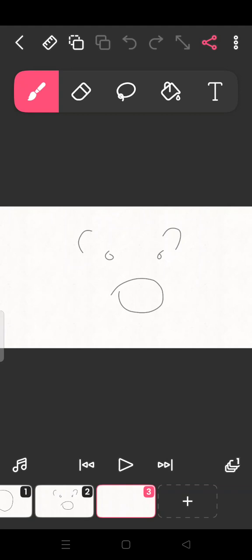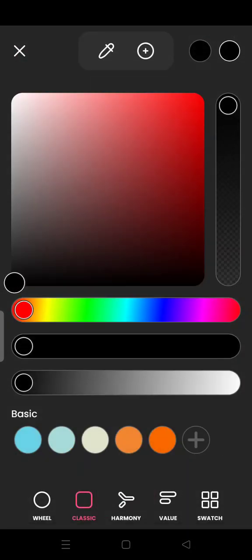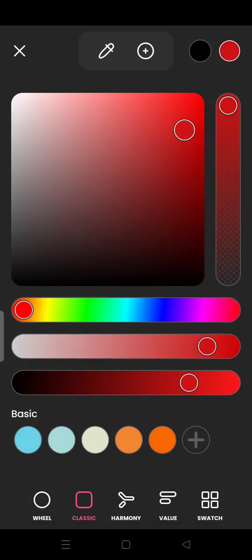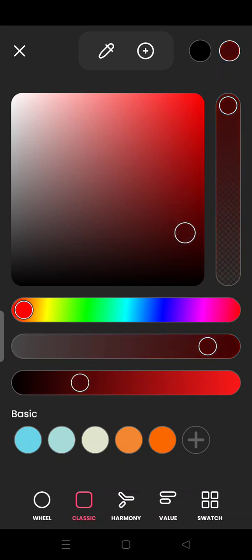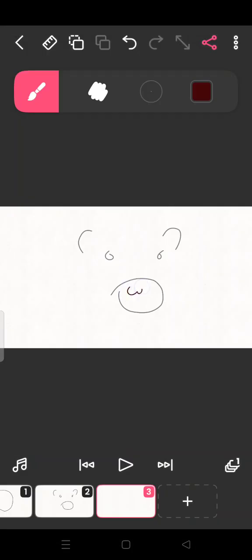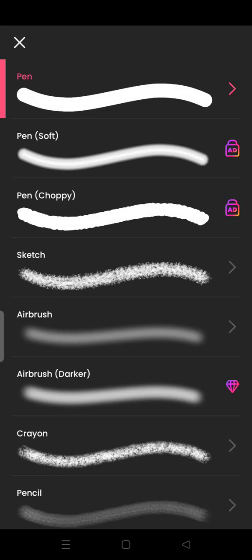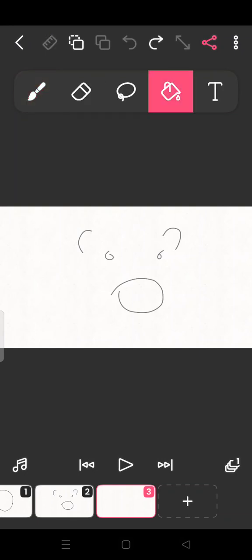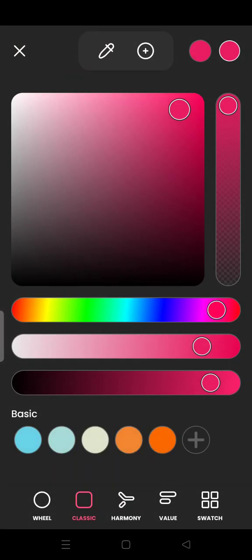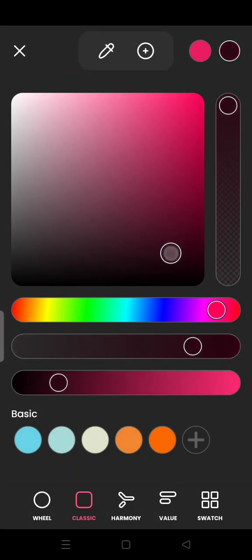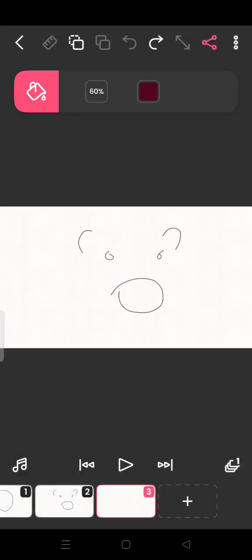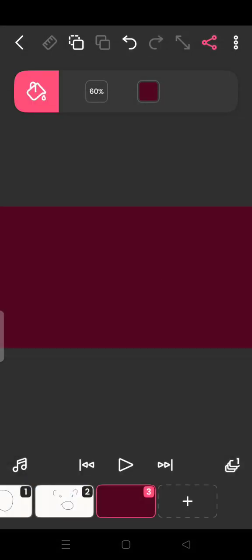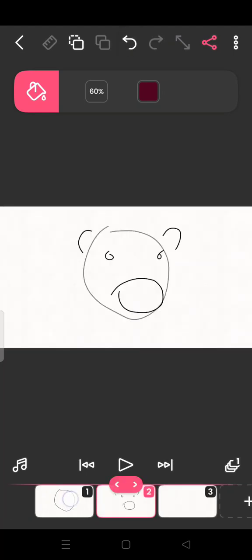And the last one, you can fill it with color here. Maybe you want to add a brown or red here. You can use this for brushing, and this is for the coloring. You can go with the black here or the maroon here. Just tap it. Sorry, this is for the background. You can undo, but let's see, this is